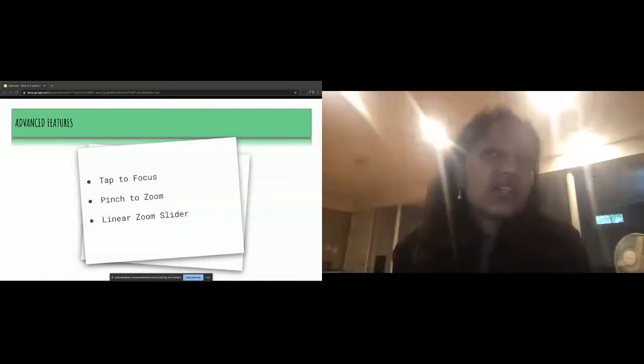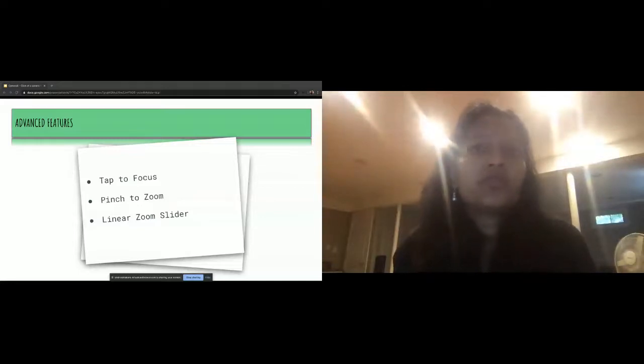Now, with the traditional Camera 2 API, this needs a lot more calculations with figuring out the transformations between the UI coordinates and the camera sensor coordinates and calculating the focus area. But with Camera X library, it already comes with these advanced methods or APIs like surface view metering point factory or focus metering action, which automatically does these calculations for us, and you just pass them to the camera control and it itself handles all these calculations.